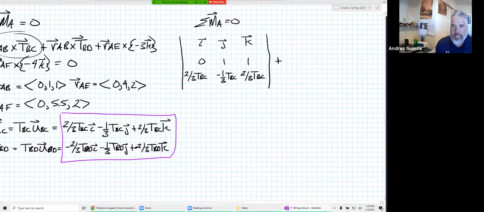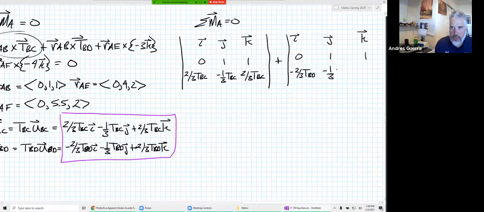Now we're also going to have the RAB cross TBD. So we'll have an I, a J, and a K across the top. RAB, so we're still using RAB, so still a 0, 1, 1. And then we're going to have a minus 2/3 TBD, a minus 1/3 TBD, and a 2/3 TBD. There's our second cross product. Our third